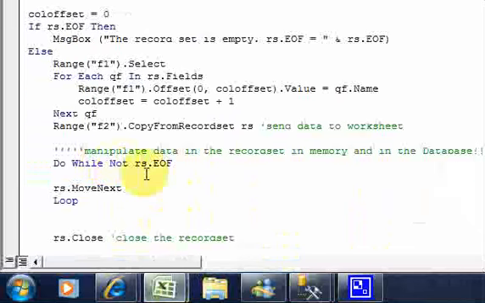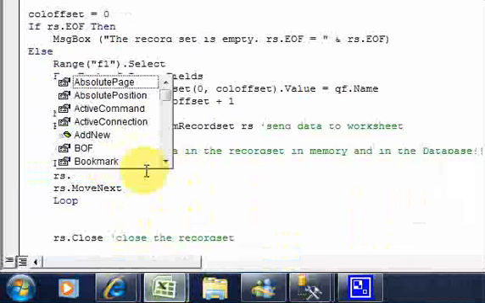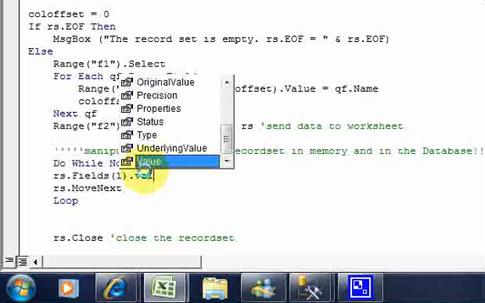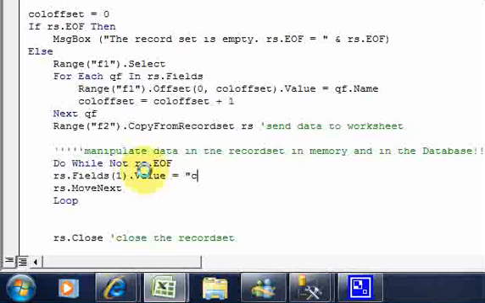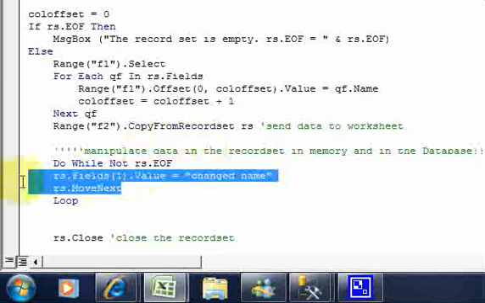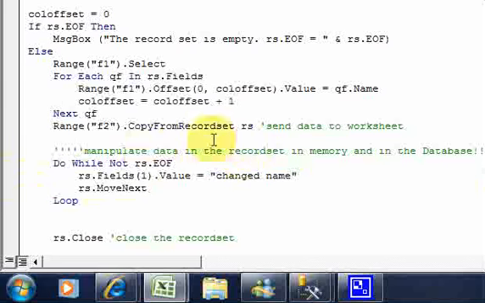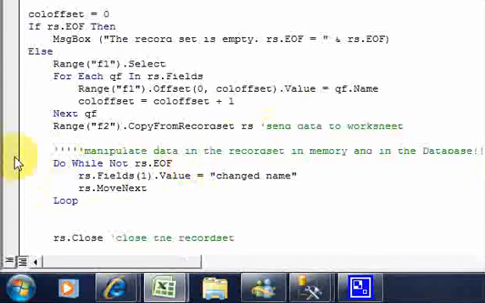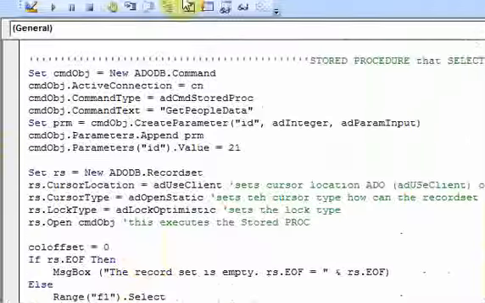What I want to show you is that if you do this, rs.Fields(1).Value is equal to "changed name", you're going to be manipulating data in the recordset and in the database. So if I stop this and we run this,